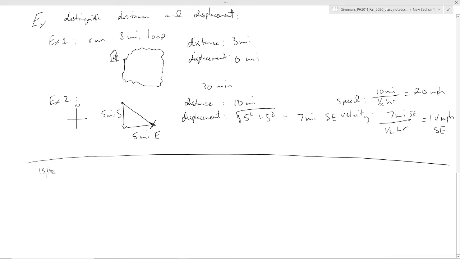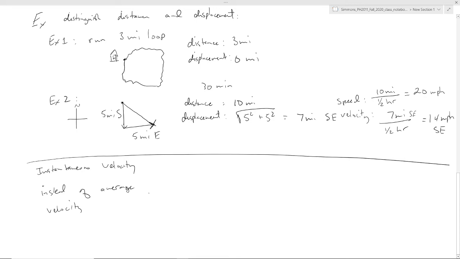Let's talk about instantaneous versions of these quantities. And to do this, we have to talk about calculus a little bit. So instead of average velocity,